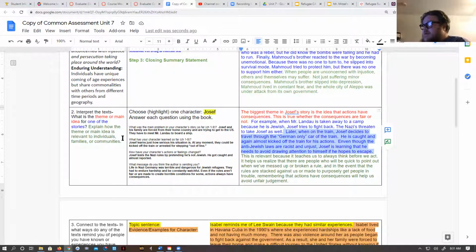Now I'm going to explain how the theme is relevant to individuals, families, or communities. And I'm going to say individuals, and I'm going to kind of include all of us because it's generally true. It's true for everyone. It might be true in different ways, and it might affect some people more severely than others. But as a general idea, this applies to everyone. This is relevant because it teaches us to always think before we act. It helps us realize that there are people who will be quick to point out when we've messed up or broken a rule. So I'm applying it to when the rules are fair. And in the event that the rules are stacked against us, are made to purposely get people in trouble, remembering that actions have consequences will help us avoid unfair judgment. All right, so there's my explanation. That's how the theme, actions have consequences, can